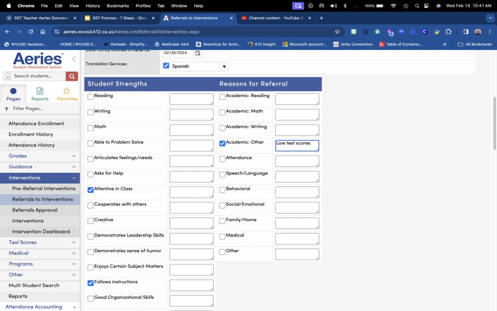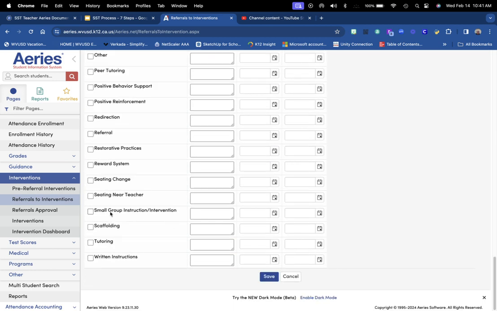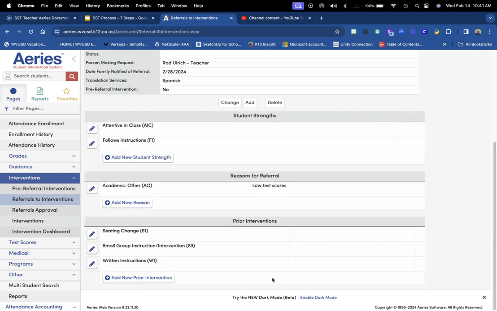You would also, again, indicate any prior interventions that were used during the small group instruction, as well as the written instructions and the seating change. You would click Save,